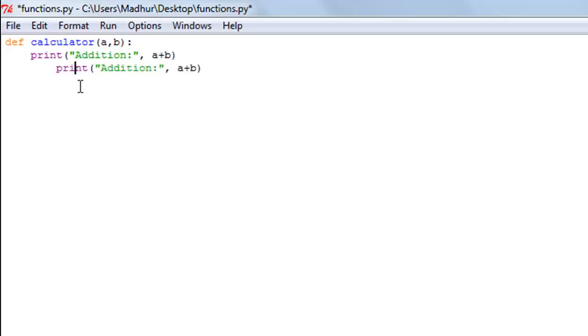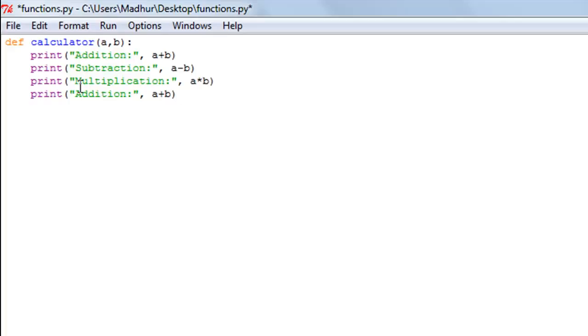Okay, wait a second, I'll have to do this, and then one more time, and one more time. Okay, so the second case has to be for subtraction, so I'll get rid of addition here and type in subtraction, and I have to change this to a minus b, and this has to be for multiplication, so I'll change addition to multiplication,